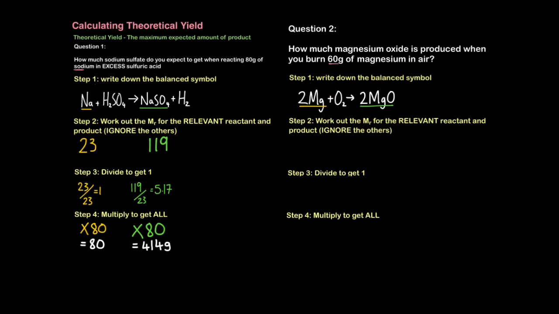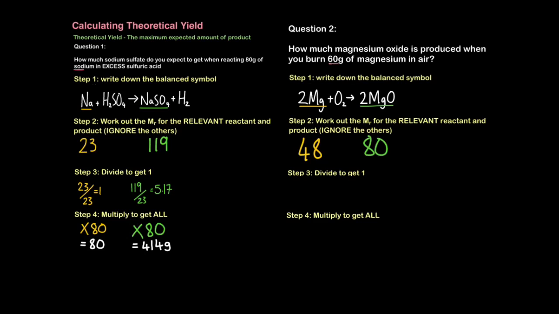Okay, so we've got 2 Mg plus O2 gives you 2 magnesium oxide molecules. So firstly, you have to work out the formula mass for magnesium and magnesium oxide. Now magnesium has a mass of 24, but 2 magnesiums would be 48. You must take that into account as well, and magnesium oxide will be 2 lots of MgO. So in other words, 24 plus 24 plus 16 plus 16, which will give you 80. So we know that 48 units of magnesium will give you 80 units of magnesium oxide, but how much will